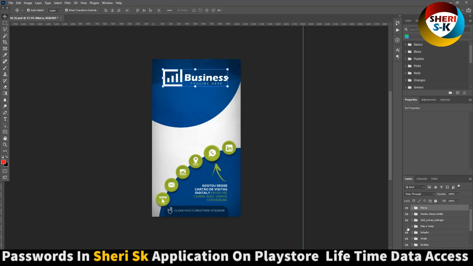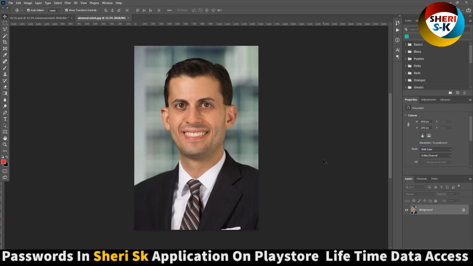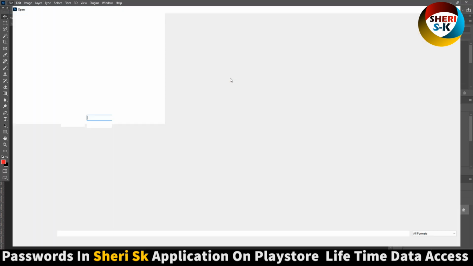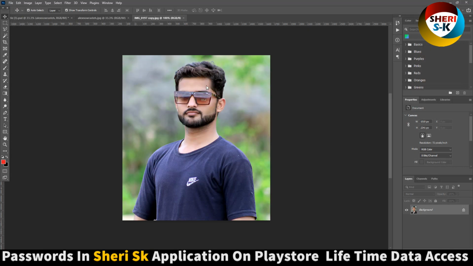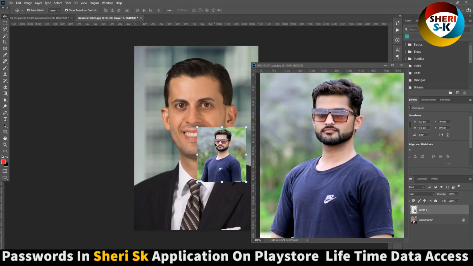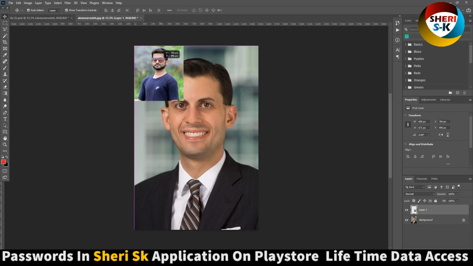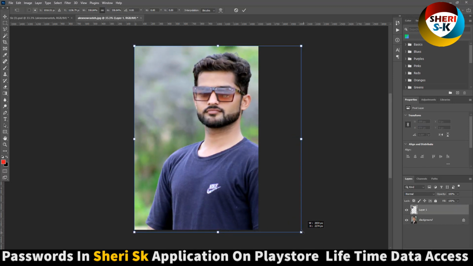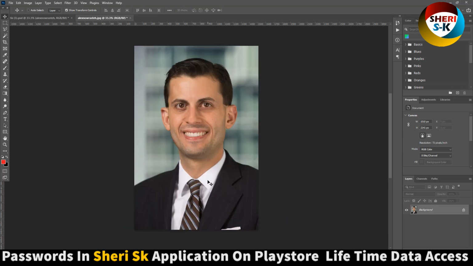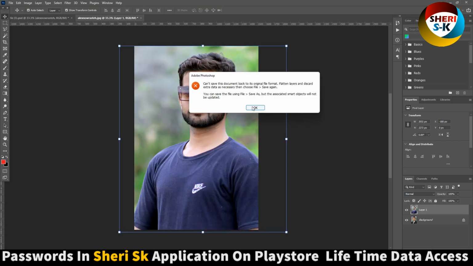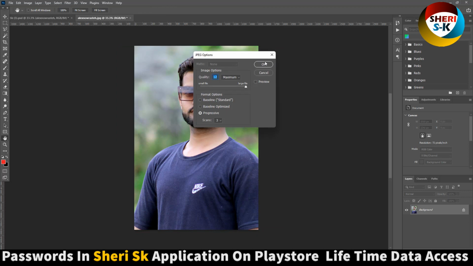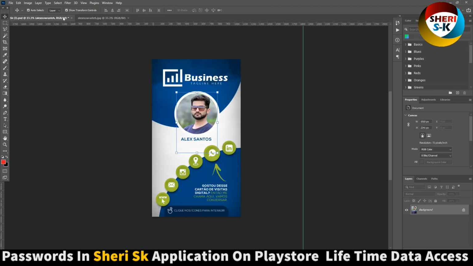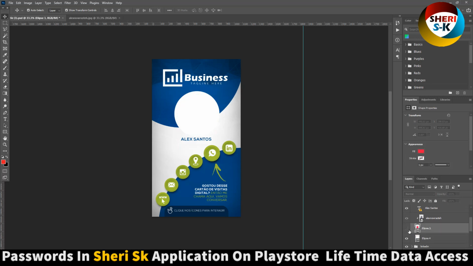Okay, extract. Now we need any photo like this one. Oh, we need high resolution, but don't worry, I will do it just for example. Control Shift E, so you can move anything. Okay,